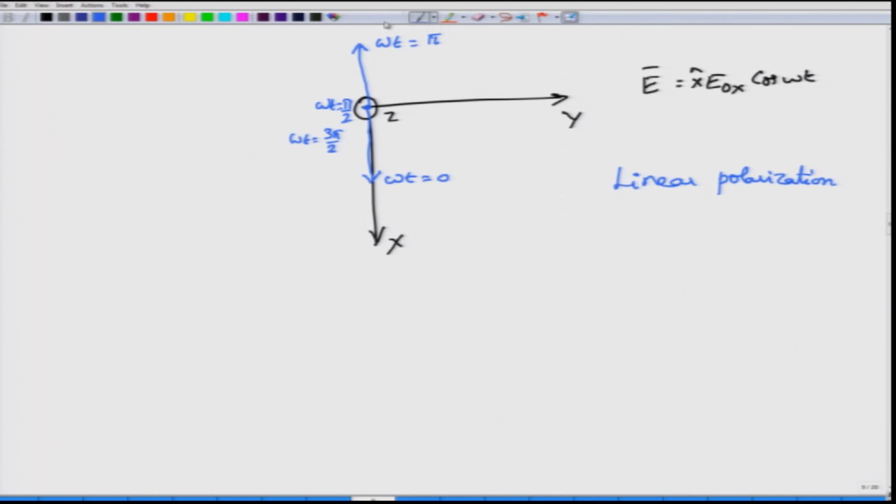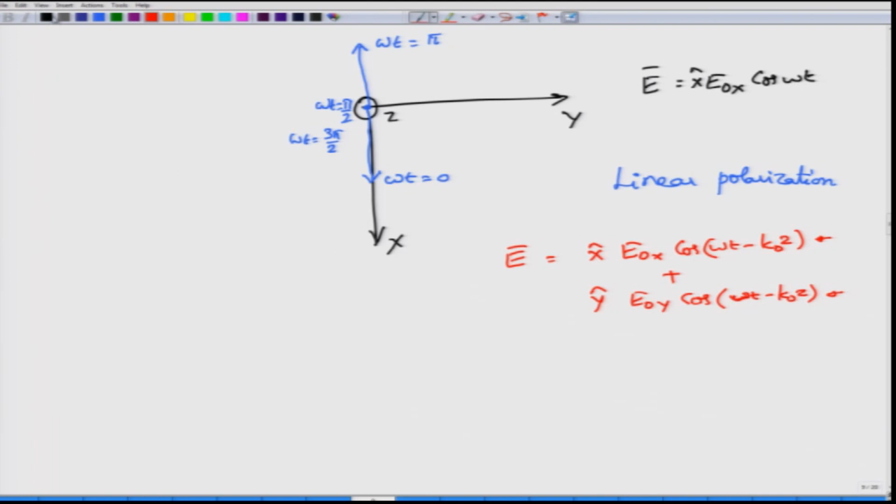How about this case where we consider the electric field to have both x component and y component? So, I have x hat E0 x cos omega t minus k0 z, plus y hat E0 y cos omega t minus k0 z, okay. So, you can show independently that the first equation will be a solution of Maxwell's wave equation, the second one is independently the solution of Maxwell's equation. The sum of these two will also be the solution simply because of superposition, right. So, we have equations which are linear and therefore, the sum is also a solution.